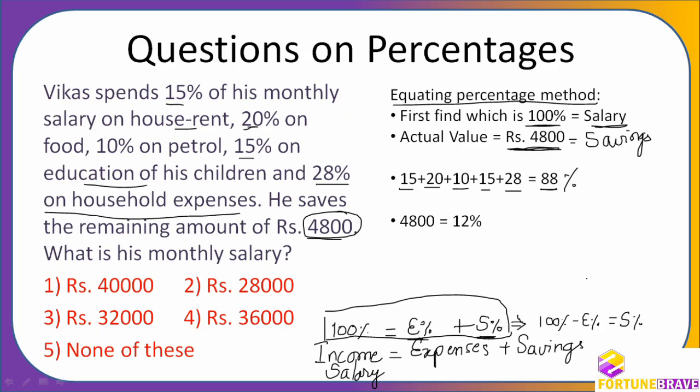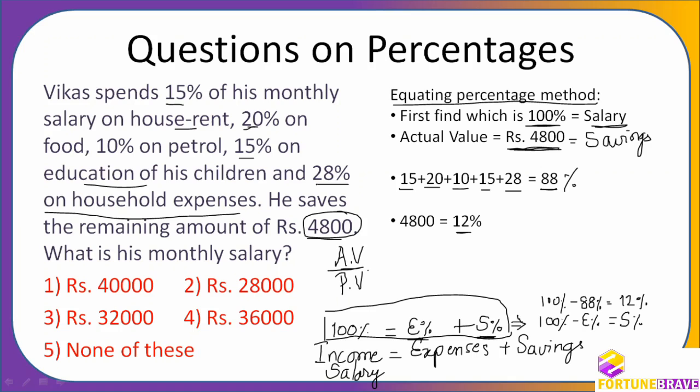So if expenses are 88%, then what will be the savings percentage? 100% minus 88% will be 12%. The savings percentage is 12%. If we understand this, we'll be able to solve. We are going to solve with the method that I had explained, equating percentage. Once we know the actual value and we know the percentage value of that actual value,